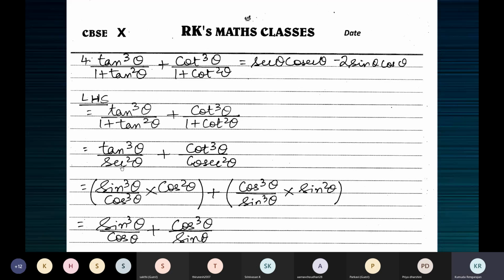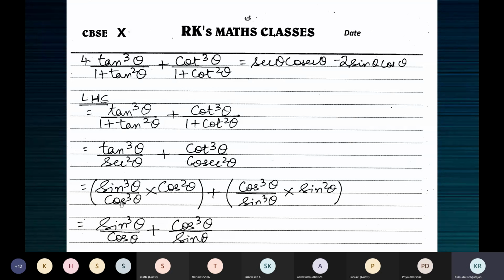You might think we have sin, cosecant in the RHS. Why change? We have no secant, cosecant in the RHS. Then why are we disturbing secant square theta and cosecant square theta? That's because we can simplify. When you write secant square theta as 1 by cos square theta and cosecant square theta as 1 by sin square theta, we can simplify here. For the sake of simplifying, we have written like that.